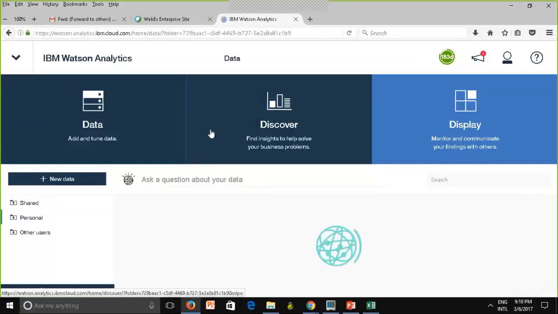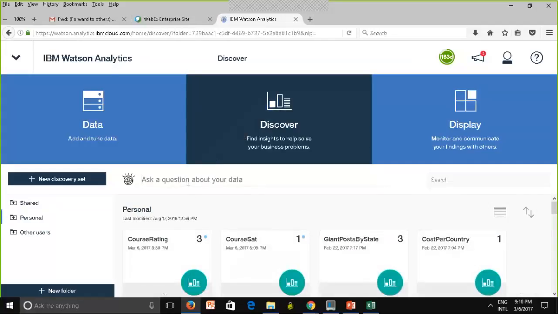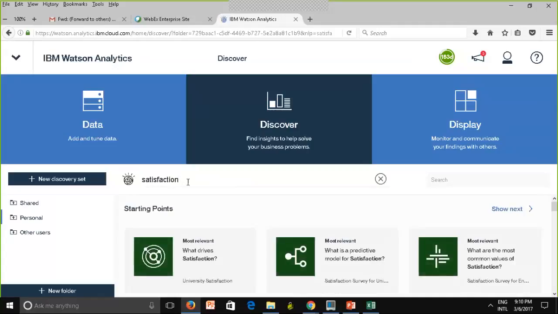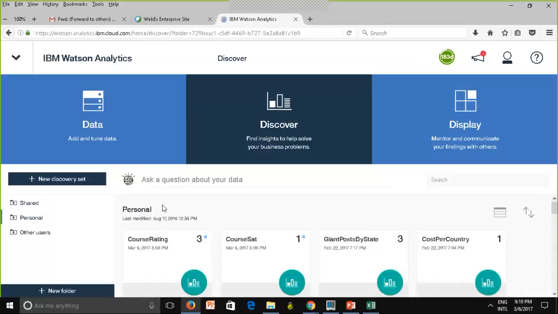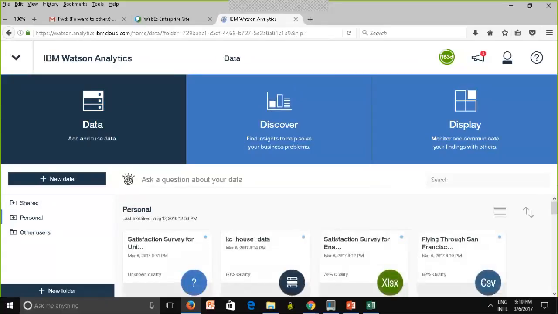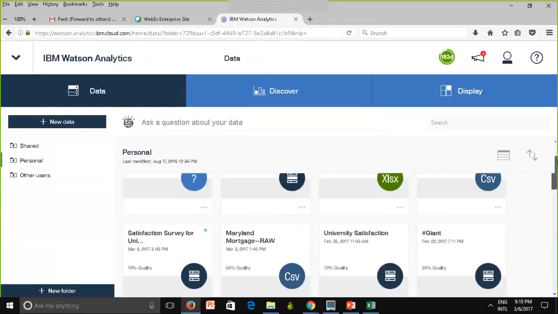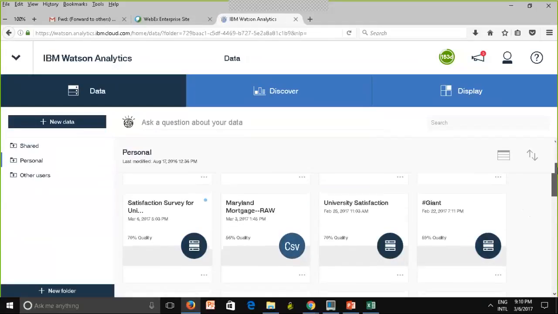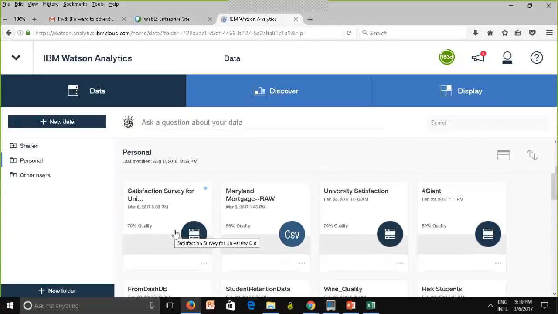Now, I can go to the Discover page, and I can do the same thing, right? I can type satisfaction, and it's going to do the same search for me. The search is done all over the board, all data sets that I can access, right? On the other hand, if I go on my data tab and find my data in here, so here it is, the satisfaction survey for university. If I click over here,